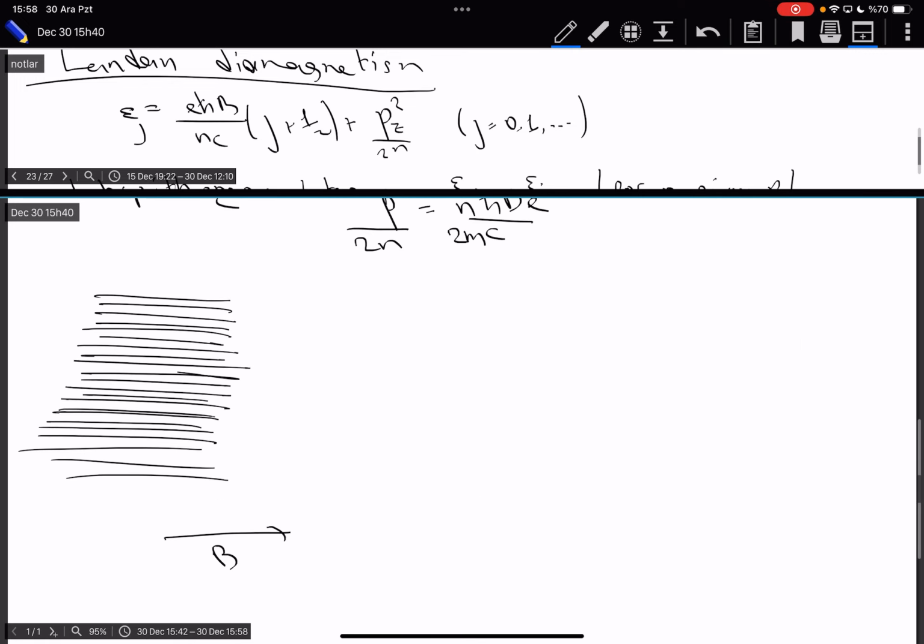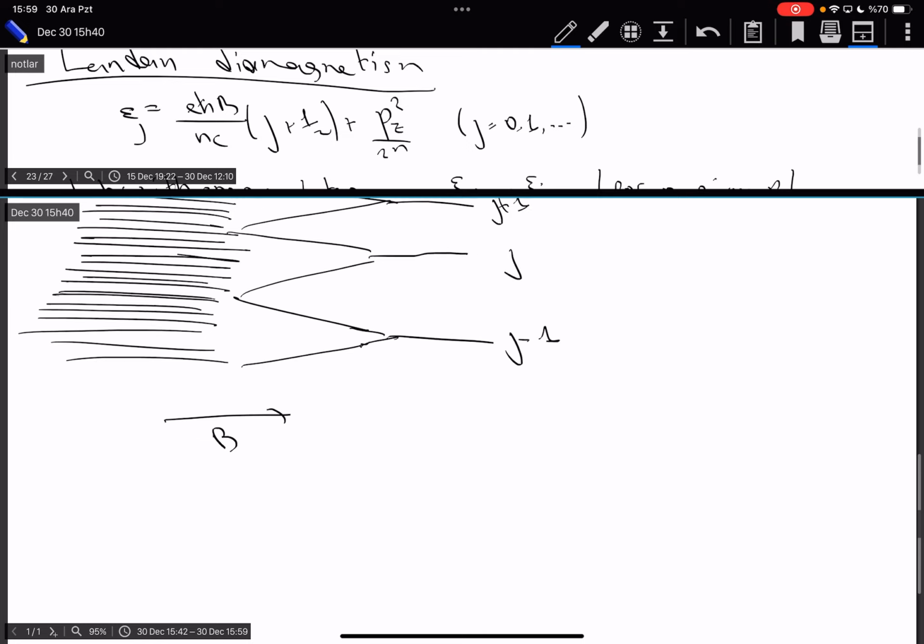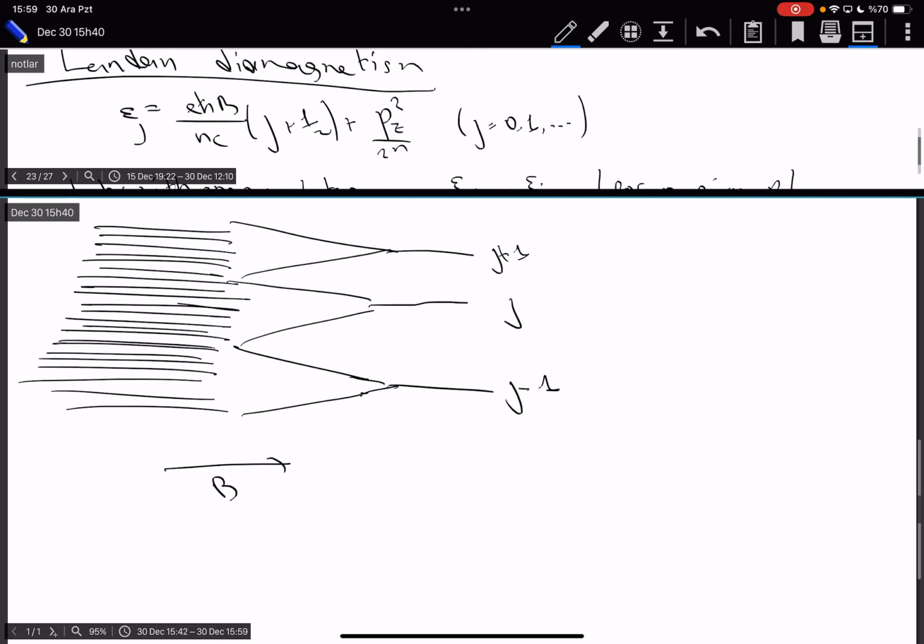So what actually happens is, these continuum states, they essentially group together corresponding to different values of J. If this is J, this is J plus 1, this is J minus 1. So somehow these continuous states on the left, when you turn on the magnetic field, they group together and each one corresponds to a given value of J. Now, as you can see, there are more than one state for a given value of J, which will be the degeneracy. Well, the approach in the book is, let's just count the number of states